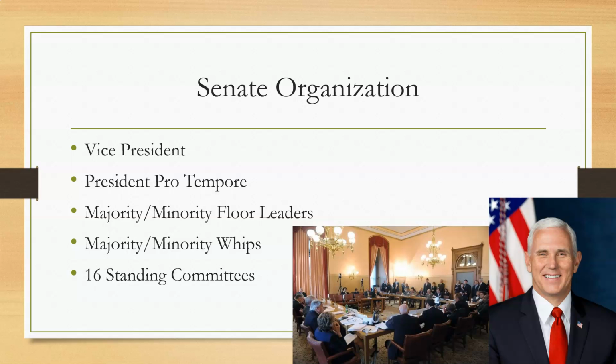There are also 16 different standing committees. Okay, and your textbook talked a lot about various committees, and we're going to talk about those briefly. The Senate has 16 standing committees versus the House has 19, and each committee is responsible for a specific congressional business. For example, in the House of Representatives, the Ways and Means Committee handles all matters concerning taxes, and in the Senate, bills related to taxes are handled by the Finance Committee. All right, so just an example of two committees there that operate in Congress.